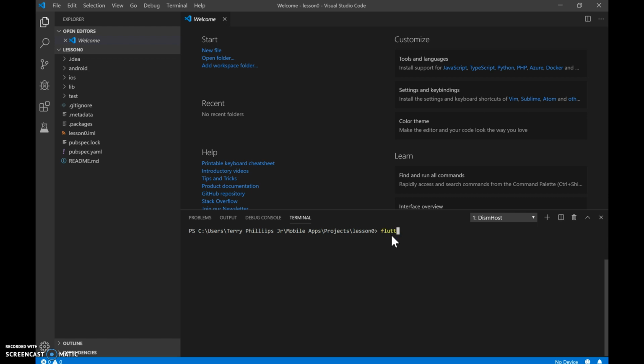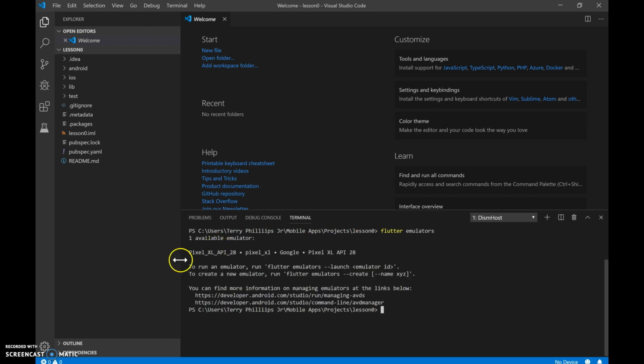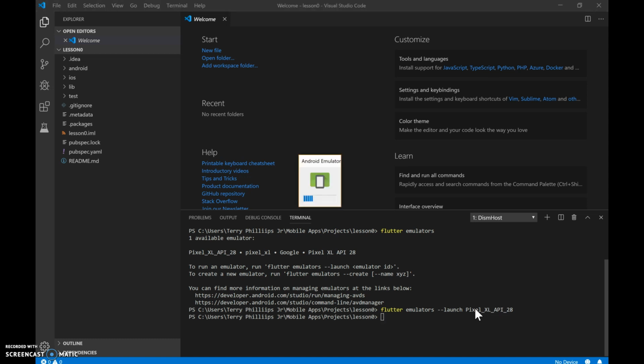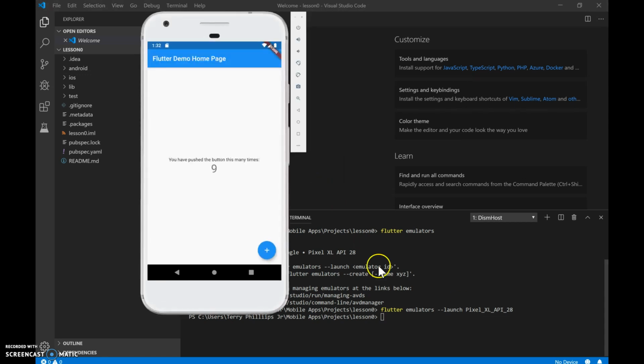Now we're going to do flutter emulators. Here I have the Pixel, so we're just going to copy that. flutter emulators --launch. This will take a second. Once it's launched,